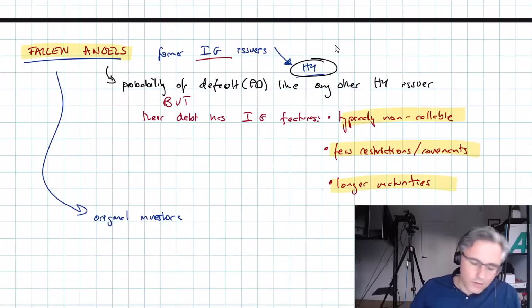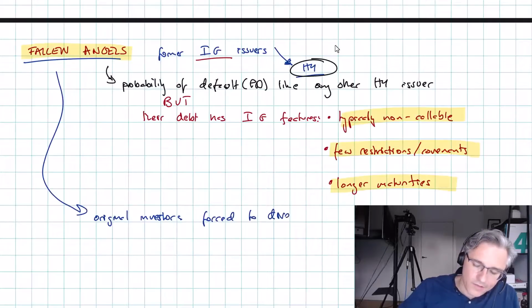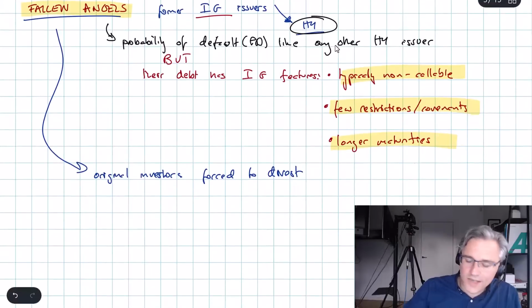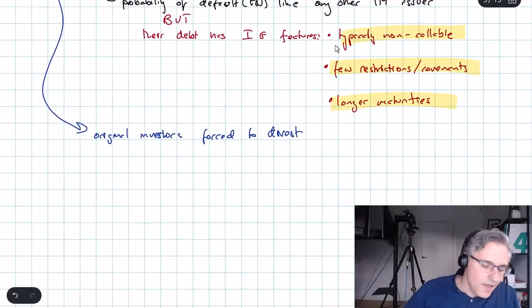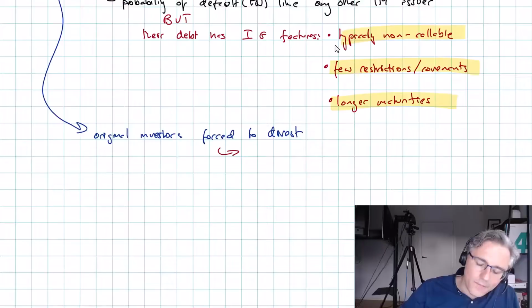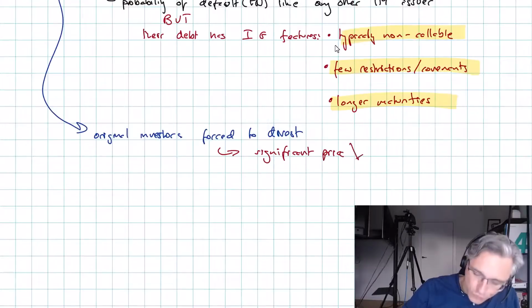So many of the original investors are forced to divest, basically sell the bonds out of their holdings, and this typically creates significant downward pressure on the price, significant price drops,